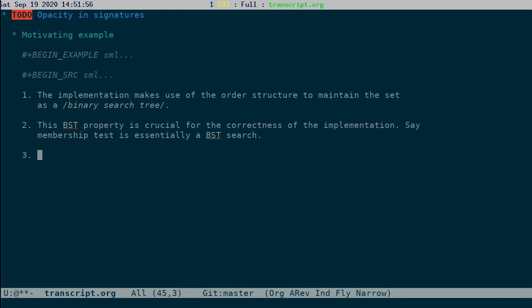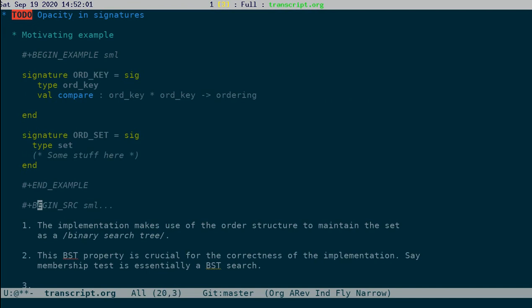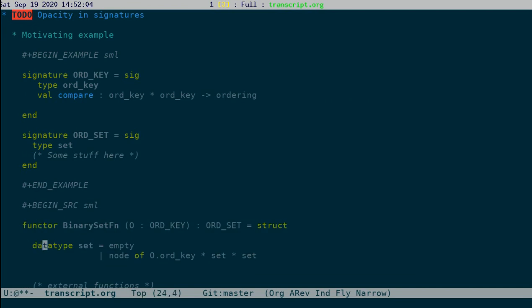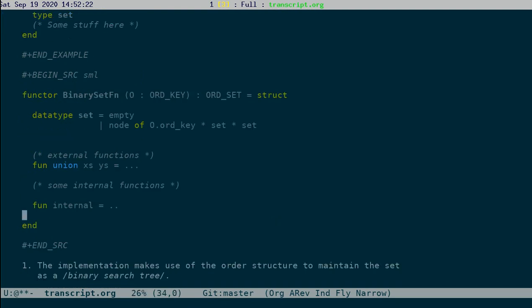Now the point here is, if you look at this implementation, this set data type has to be exposed because it has to be used by people elsewhere. But the moment you expose this set type, you will automatically expose these constructors, and then there is nothing that prevents someone outside this structure from writing their own binary tree functions.